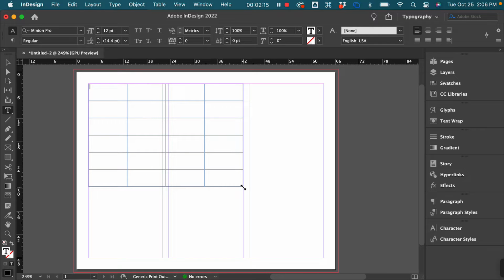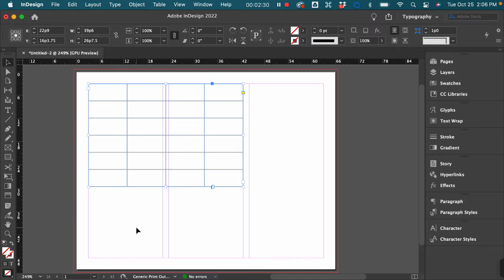Whatever area you draw is the space your table will take up, and it'll distribute the rows and columns evenly over that space, all right? But the one thing that's important to point out here is that if I select this, I've got all these handlebars around it, and if I pull these out,